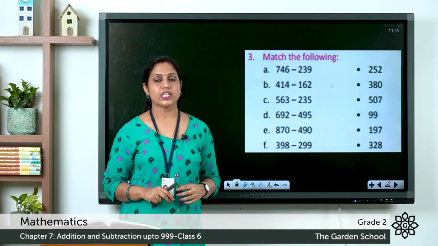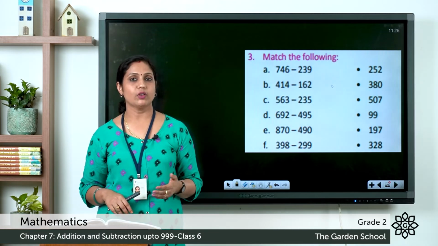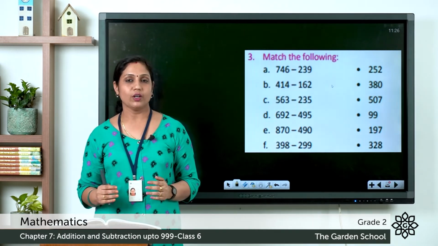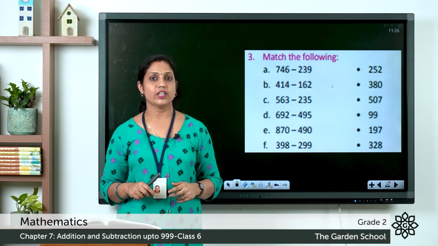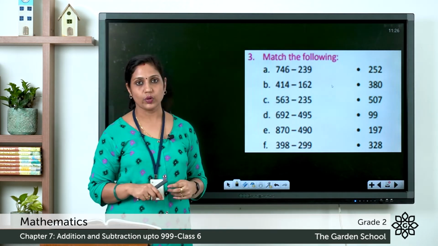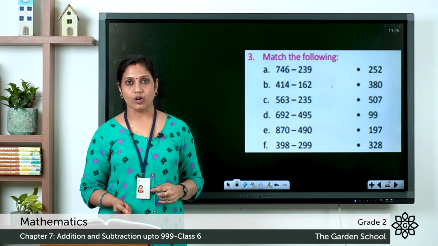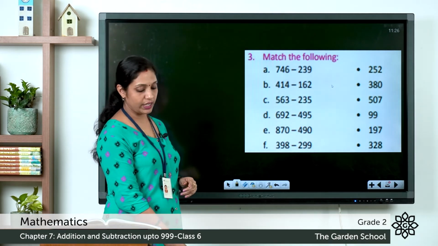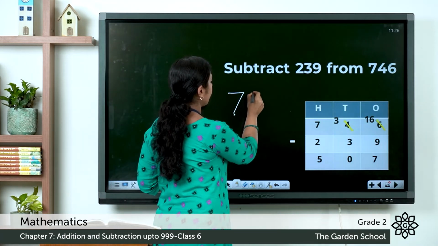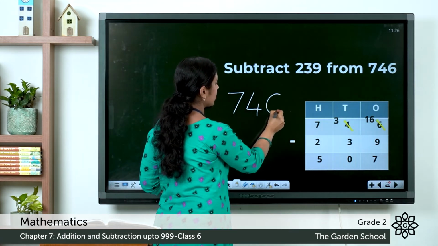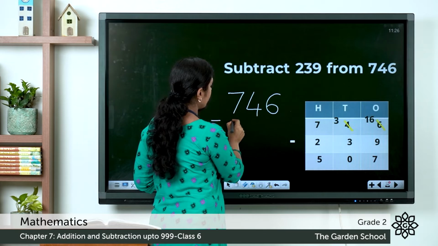Next we have the match the following. So first write down the questions in your notebook, find out the difference and then match the answers here in the text. For example, look at the first question. We have 746 minus 239. How will you subtract this? 746 minus